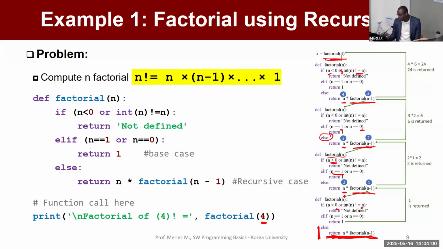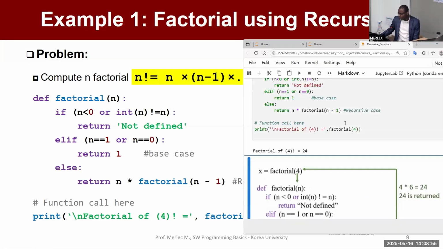Because n is equal to 1 and is not equal to 0. Since n is equal to 1, we return 1. This will be the exit of our recursive solution. So here is the way of solving the recursion problem using Python. When you run it, you will see the result is